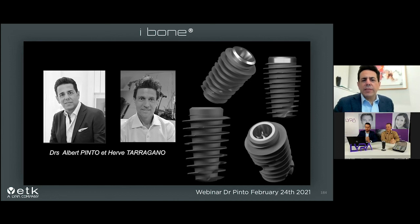Can this implant be compared to Megagen, Straumann, or the new one with deep thread? It's a very good question, because usually when you see the implant, you think that it's like the Megagen, but it's not the Megagen. It's something totally else, because the whole shape of this implant is not the same. We don't have the same apex. This apex is very short and not aggressive, and it is self-tapping. This means that you can continue to